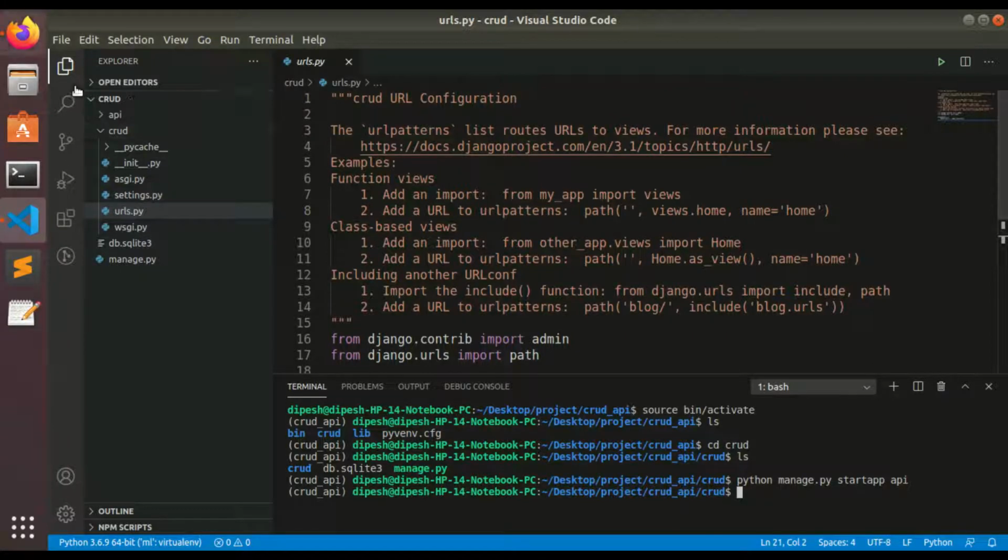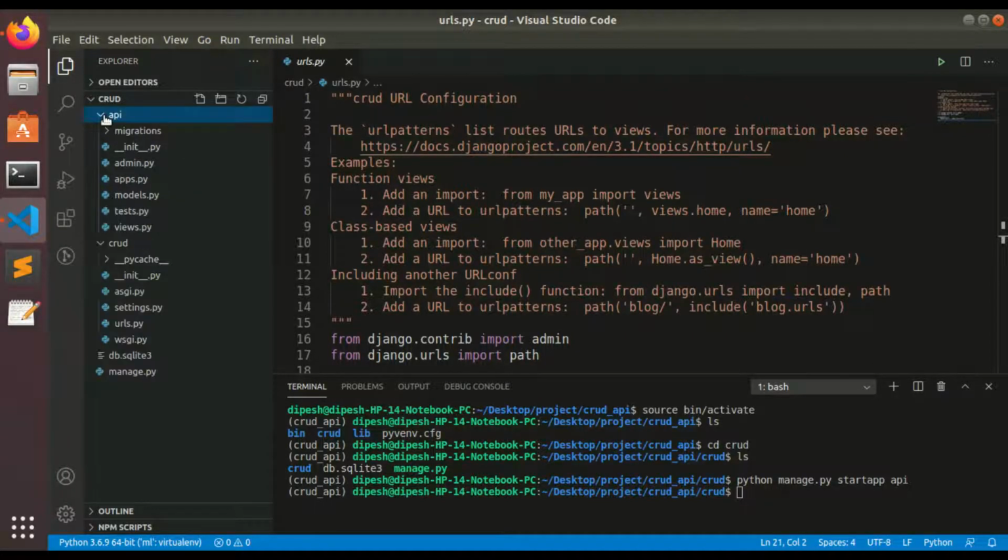The app has been successfully created, and one folder is created inside the CRUD folder, which you can see here. It consists of some basic files needed for running our application.